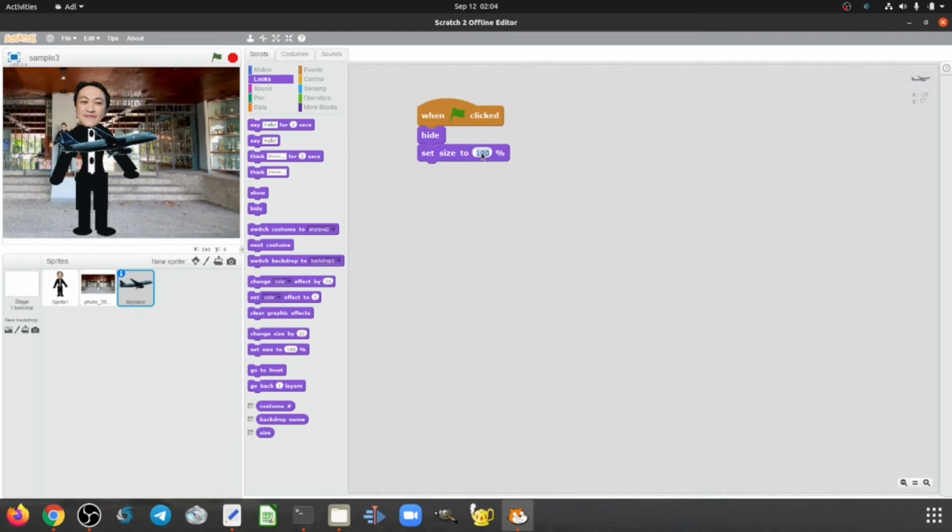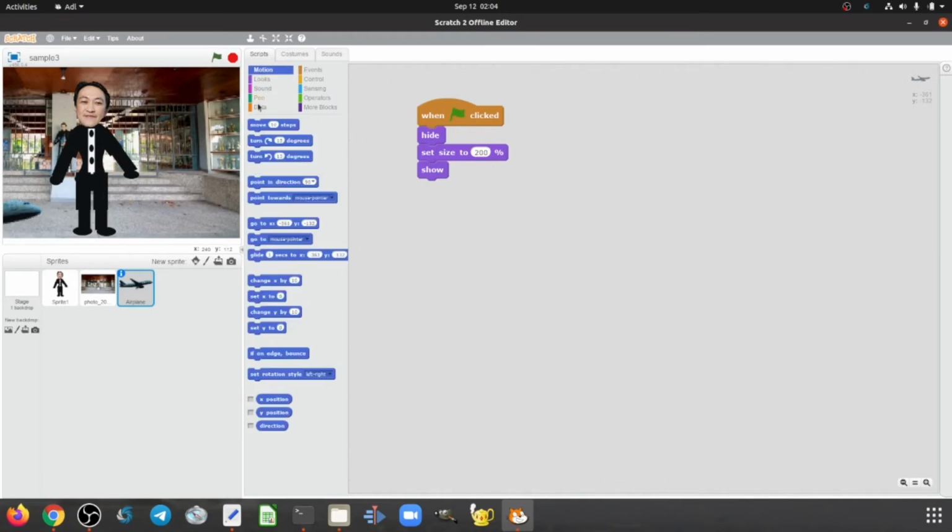Okay. Gawin na natin 200%. At gusto ko yung initial position niya. Sige. Show natin dahil hindi ko siya makita. Ayun. Initial position niya ay dito. At lilipad siya papunta sa dulo. Ayun, dito tayo magsisimula ng eroplano natin. So, find the coordinates, go to motion, find the coordinates, ayun na yung coordinates niya. You put it there,